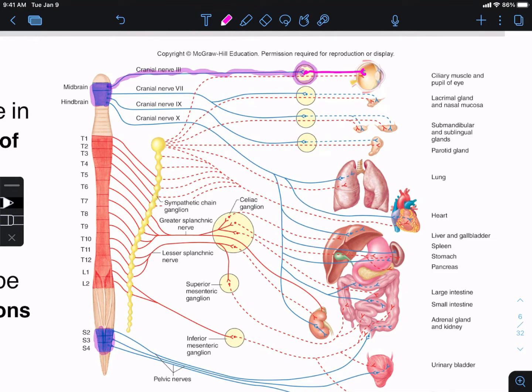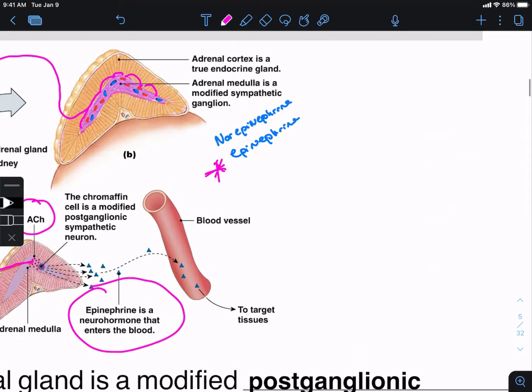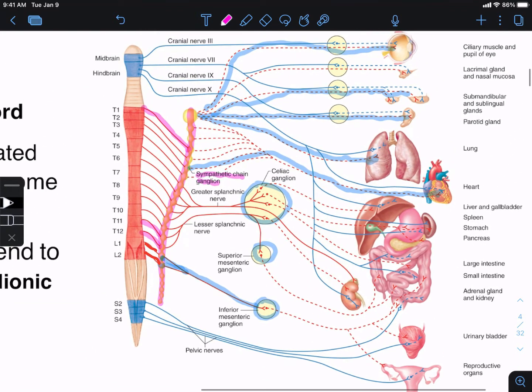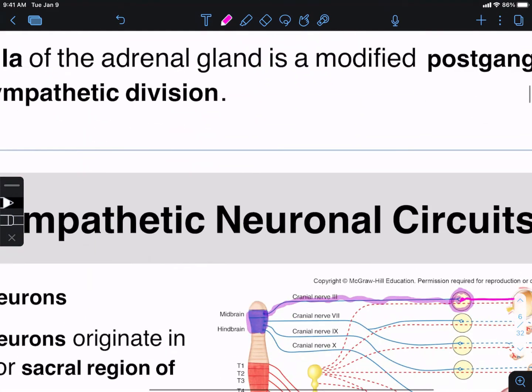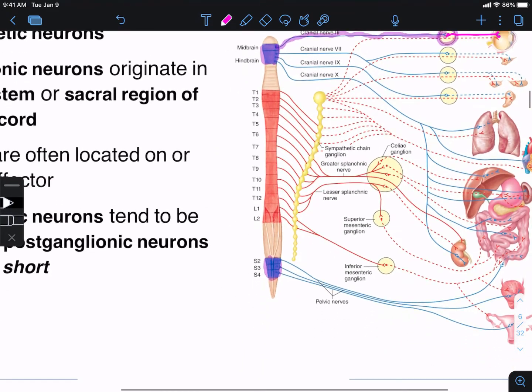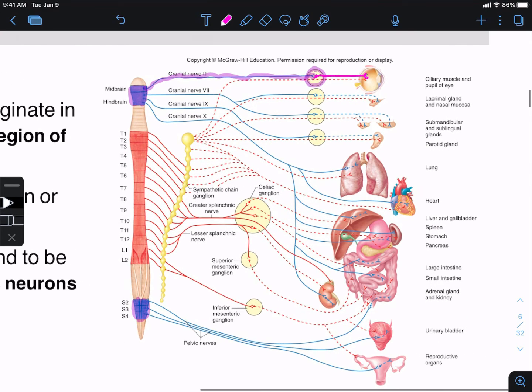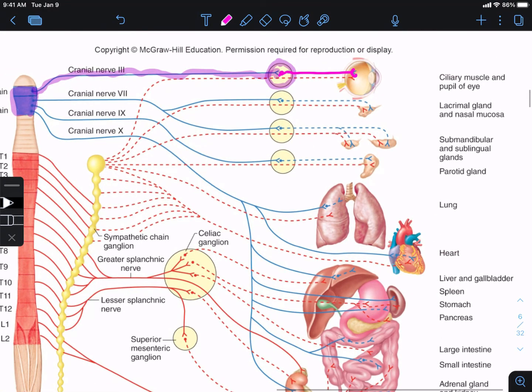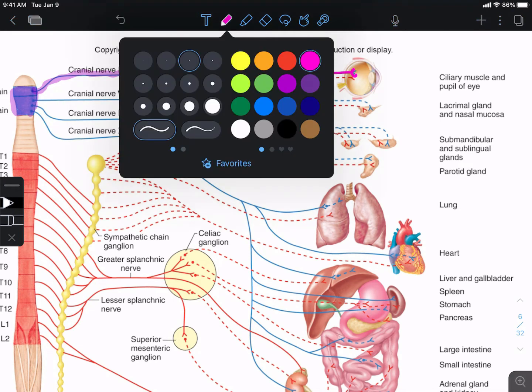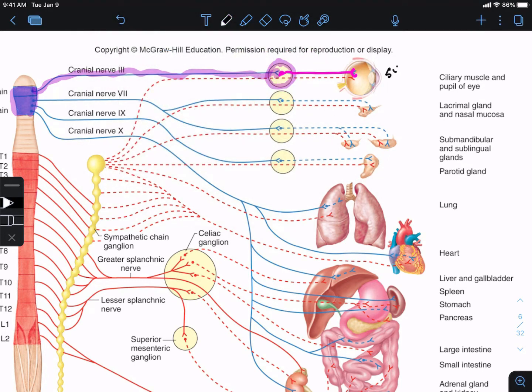So long preganglionic neurons, short postganglionic neurons, as opposed to the sympathetic nervous system where generally speaking we have short preganglionic neurons and long postganglionic neurons. Again, this is just anatomically. But I do want you to look at this and notice something very interesting and important, that most often you have different organs with both sympathetic and parasympathetic input. So in this case, the sympathetic is shown in red, parasympathetic in blue,